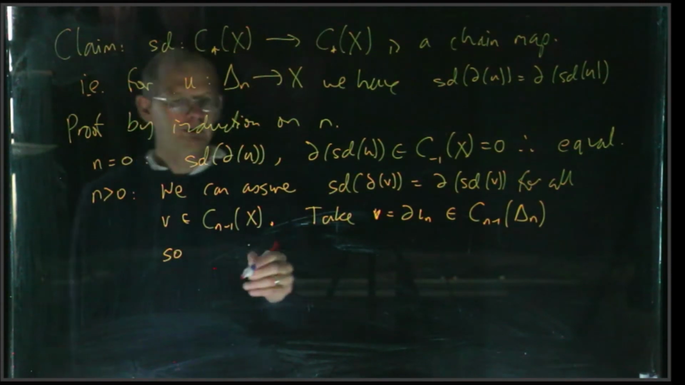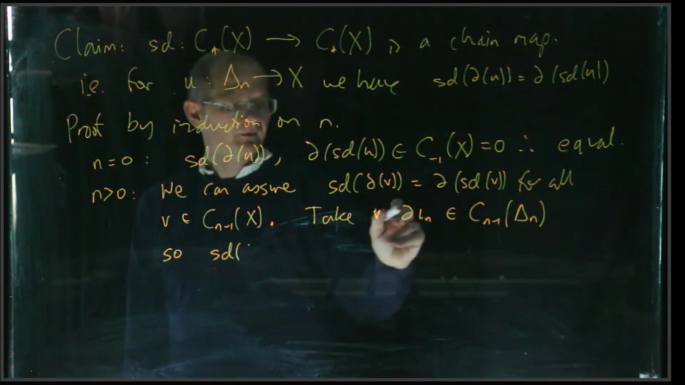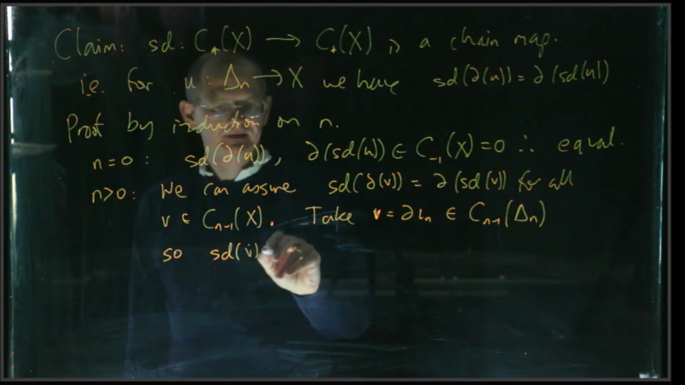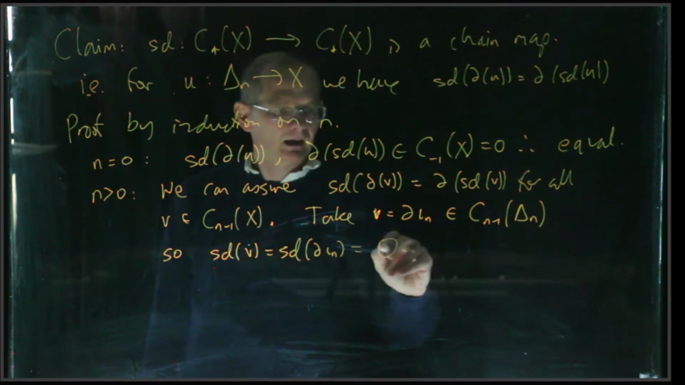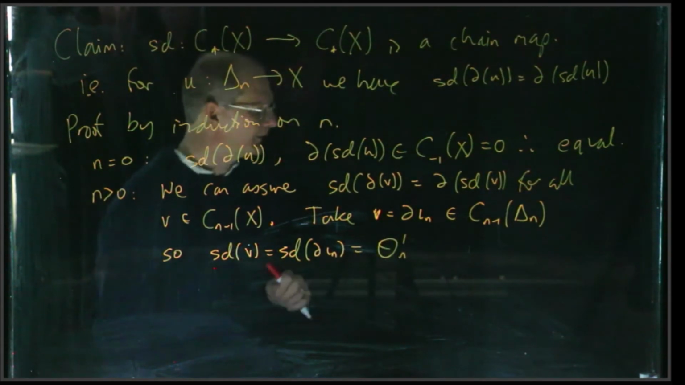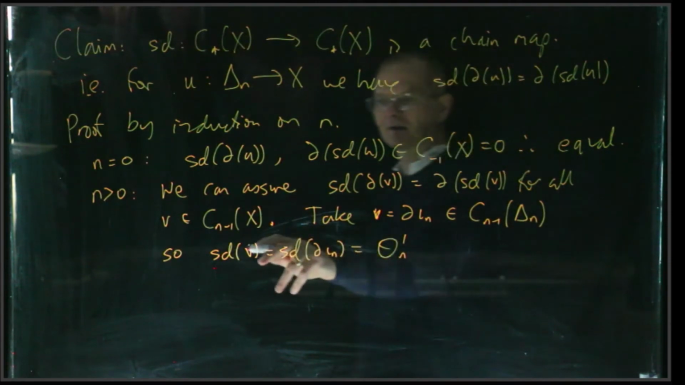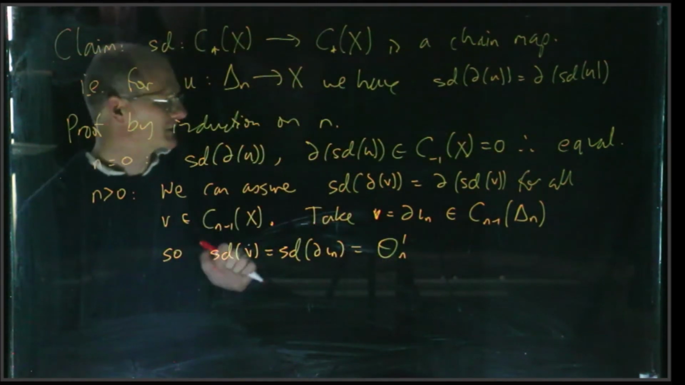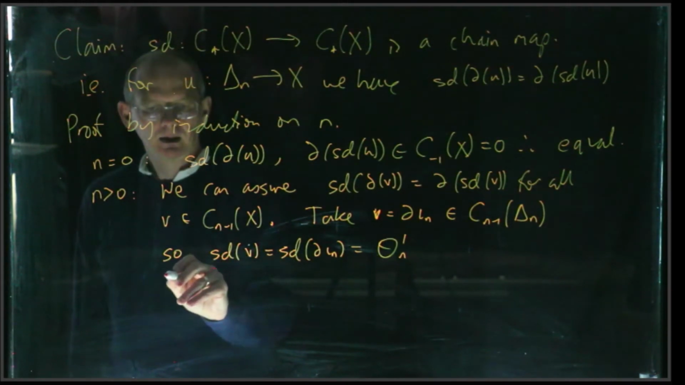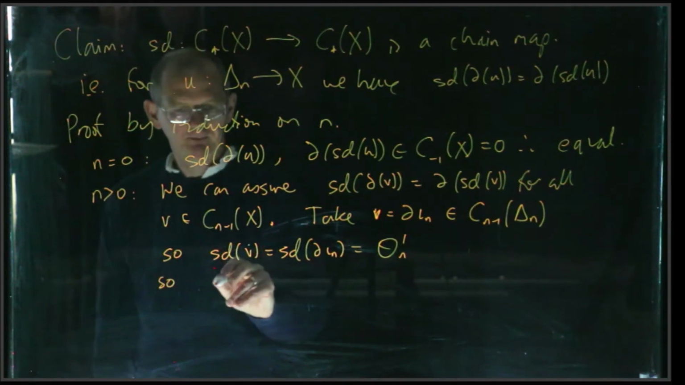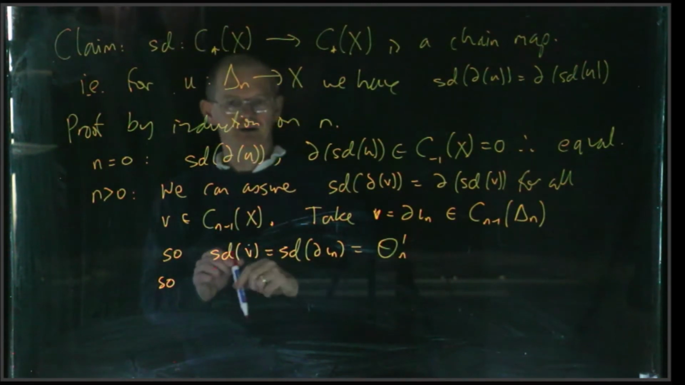So recall, on the other hand, SD of V, that's SD of the boundary of iota n, and that was the element that we called theta n prime. Okay, we proved that a minute ago, that the subdivision of the boundary of iota n is theta n prime. So the claim is that